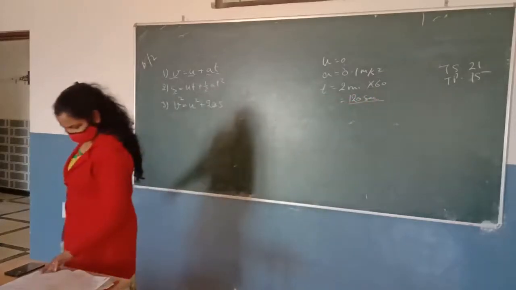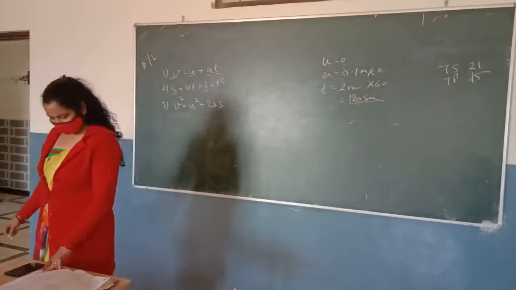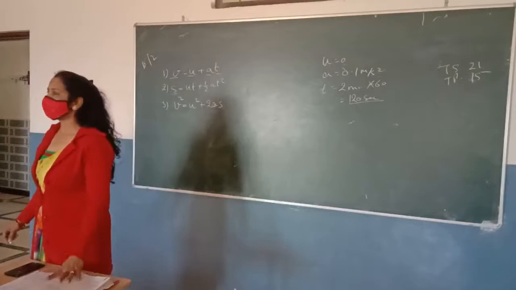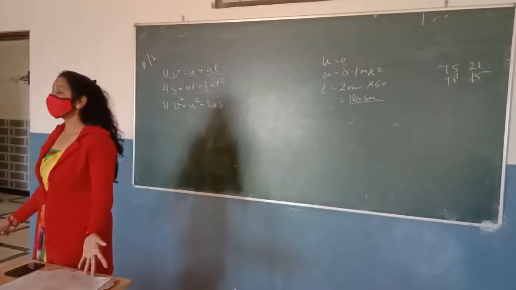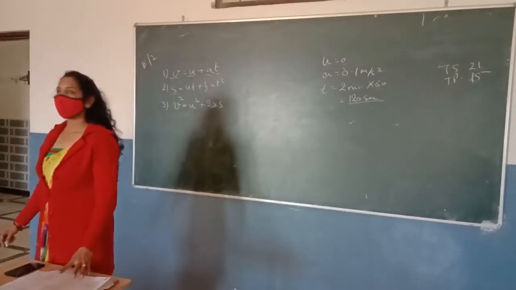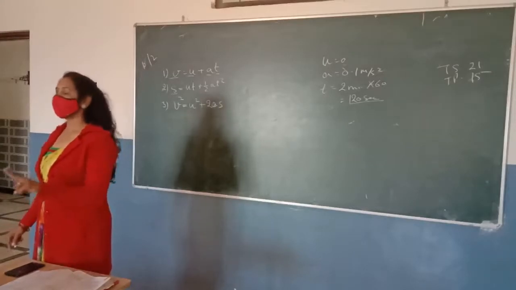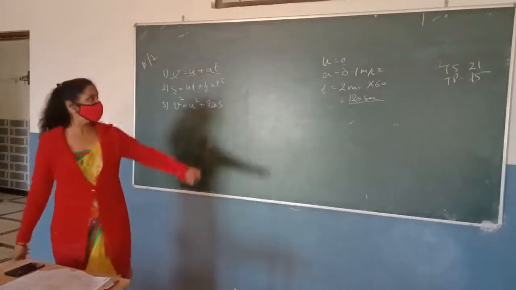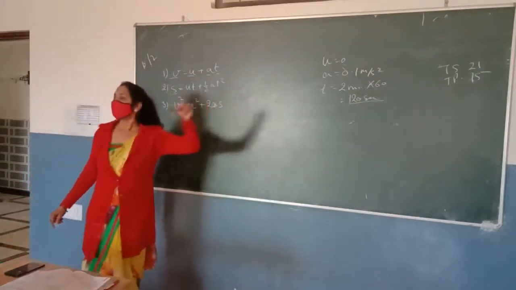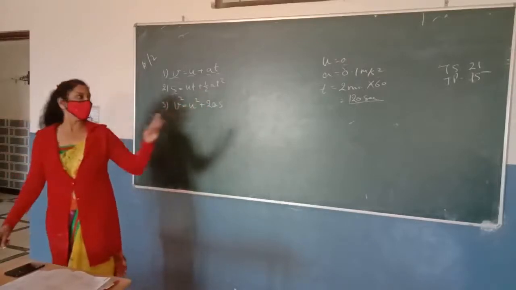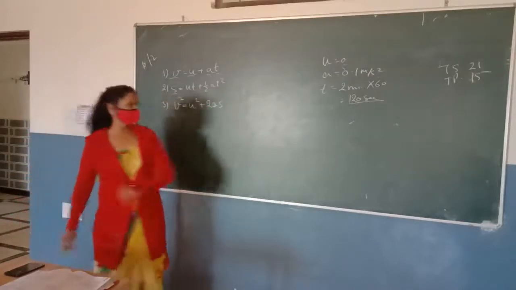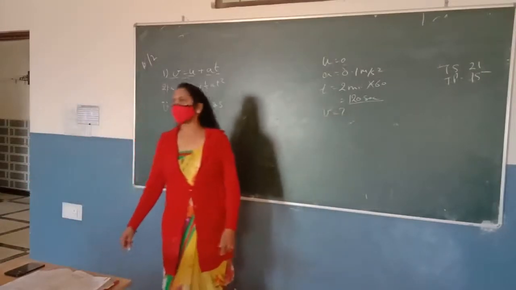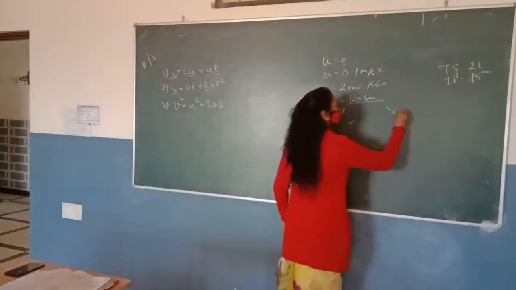Now find the speed acquired. What do we have to find here? Speed acquired is not a distance. Yes, velocity. We have to find the final velocity. The initial velocity is 0, and we want the velocity acquired in 120 seconds. So you have to find the final velocity in the first part, and in the second part you have to find the distance covered, that is S.